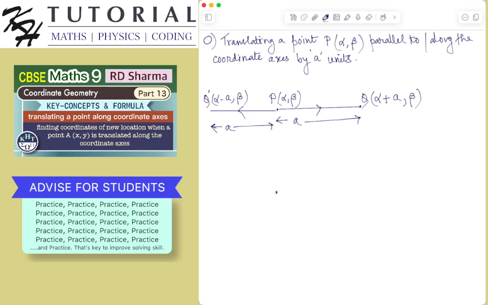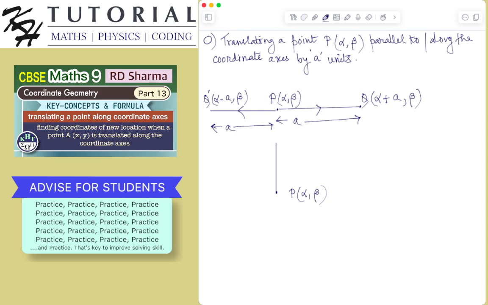Similarly, let's say this is the point P (alpha, beta). Now the concept is very similar. It is a very simple concept. So if I translate this point P along the y-axis above by a distance of a units,